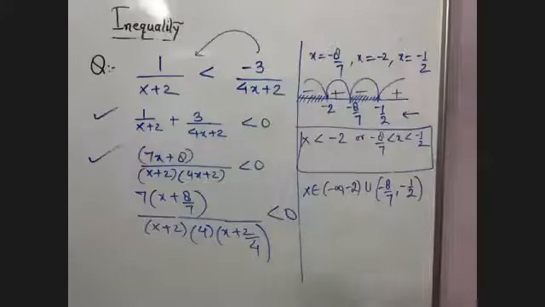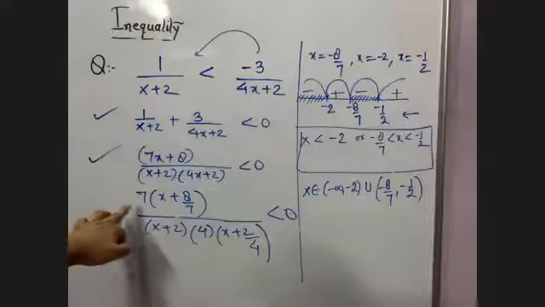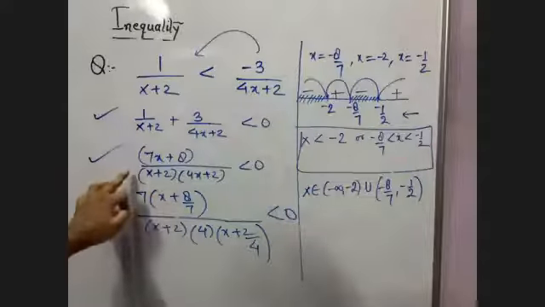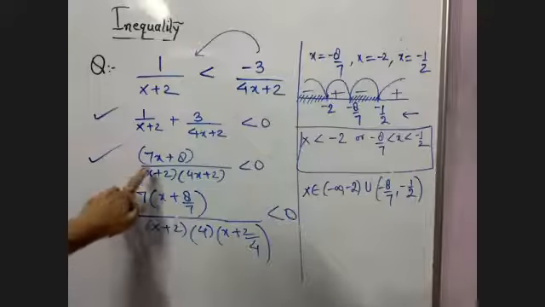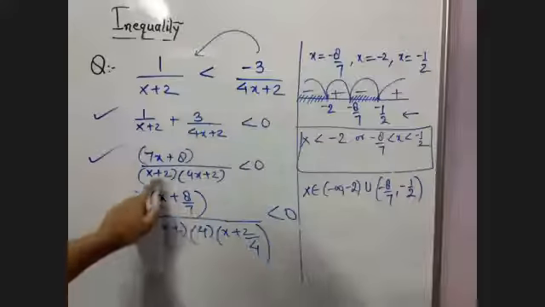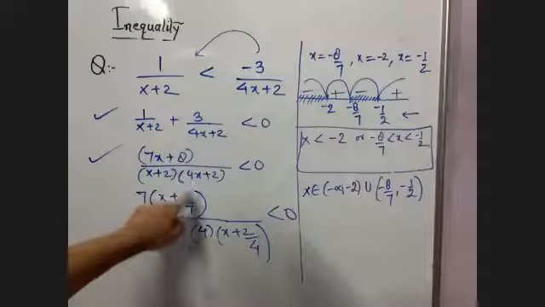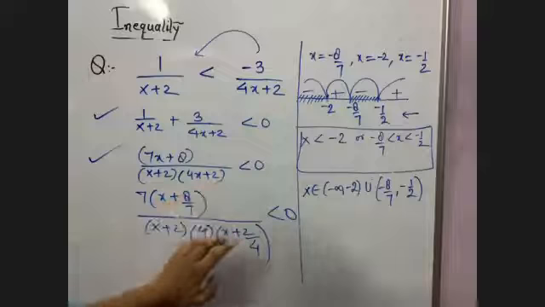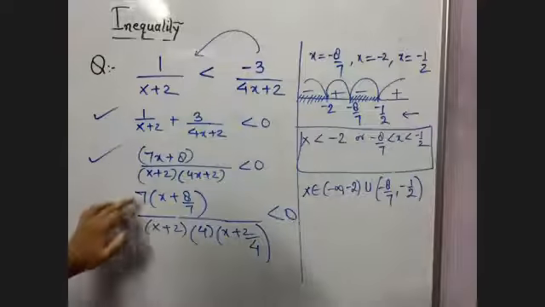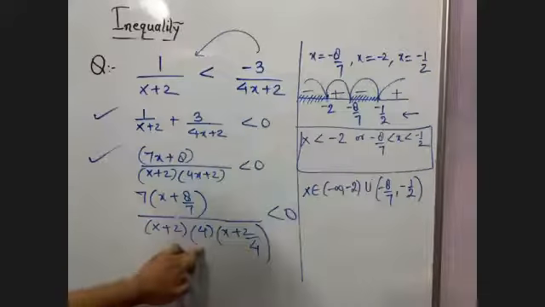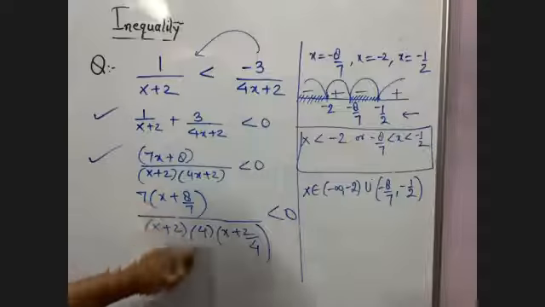Now, because I'm going to make so many variations in it, after this I'm making 7 common. It will make x plus 8 by 7. Coefficient of x is 1, there is no need to change. Coefficient of x is 4, take 4 as common: x plus 2 by 4. Now the positive constants have no effect, so we can remove them.